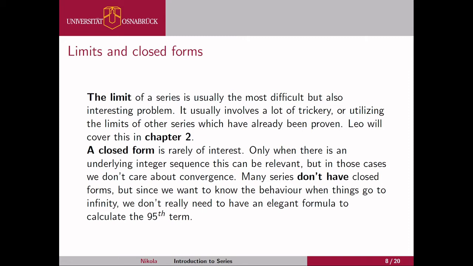Just because we know a series converges, we don't know its limit. We can find bounds, like we can say, okay, if we sum up the first 50 numbers, we get this number, so our limit has to be above it. And we can also find upper bounds saying, okay, it can never exceed this number. But finding the exact number is usually a very difficult problem. And most of the time, proving the exact limit of a series involves a lot of trickery, just by taking a similar series where some super smart mathematician in the 19th century came up with some crazy proof. But more on this in chapter 2. This is a topic